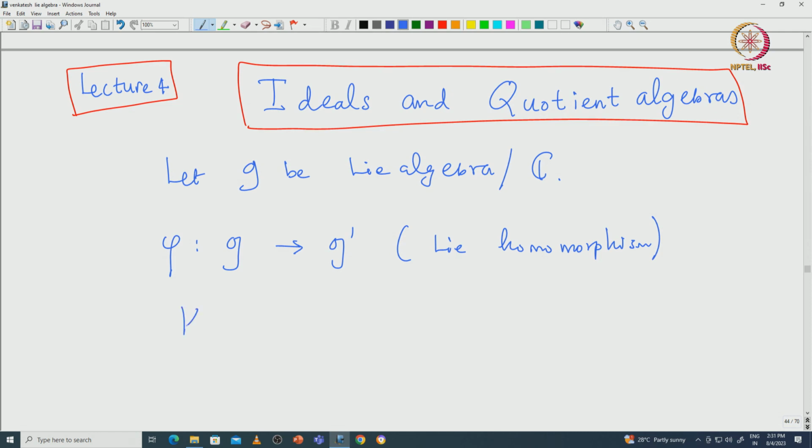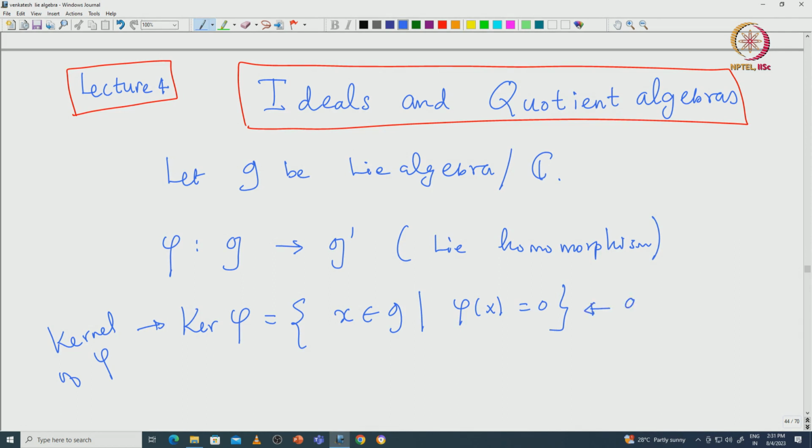The kernel makes sense as a linear map. So, what is this kernel? This is called the kernel of the map phi. These are those elements in G that are mapped to 0 via this map phi. So, this is indeed a subspace